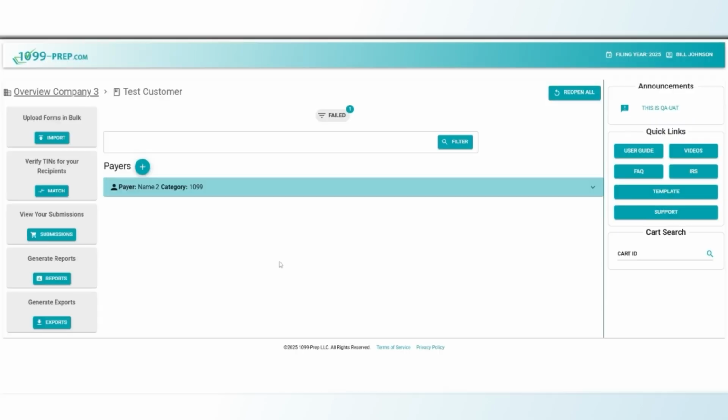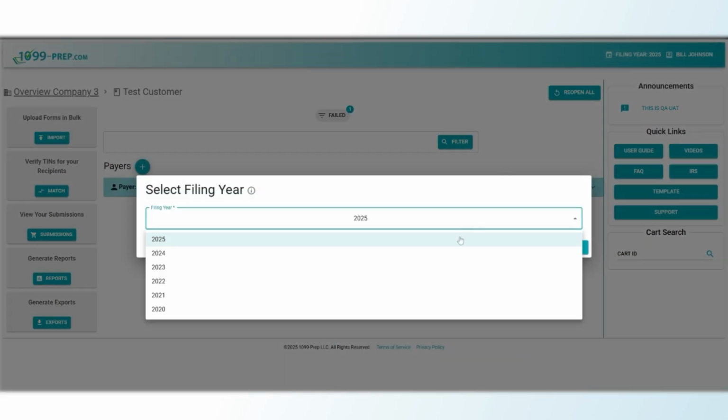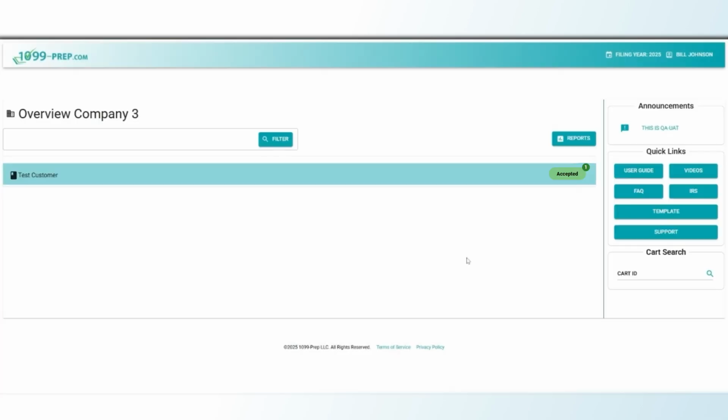1099 Prep is a multi-year system, allowing access to historical records. On the top of the screen, filing year can be selected. Previously submitted forms can be viewed, and reports can be run. However, no new forms can be added or submitted in prior years. Current year filings end in mid-November, so make sure to have all submissions and corrections in before the IRS closes